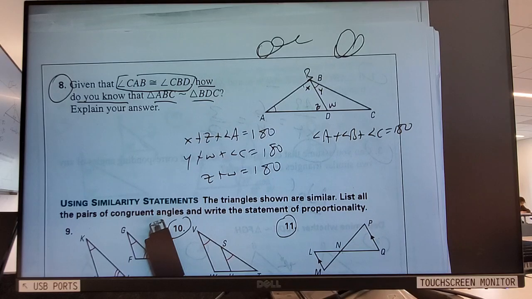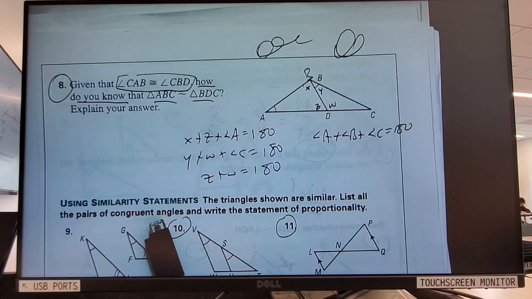Okay. So the easiest way, if I'm given two triangles, to tell if they're similar is if I know two angles are congruent. The way they gave me number 8, they just gave me one angle to be congruent between the two, correct? But if you step back,